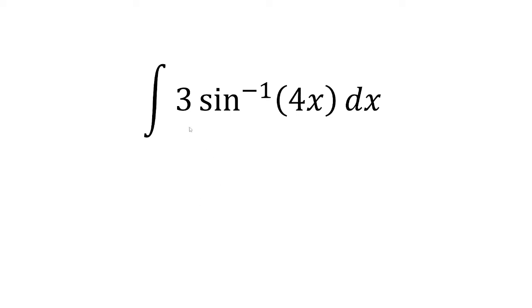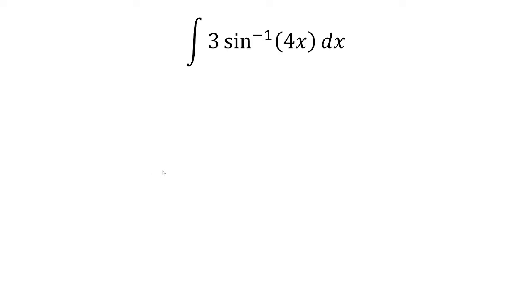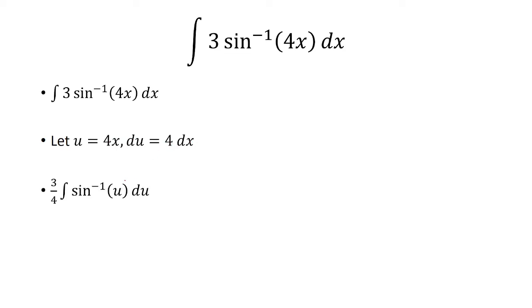In this video, we want to integrate 3 times inverse sine of 4x dx. Let's first make a u substitution, eliminate the 4x. We'll let u equal 4x, so du is equal to 4 dx. So we're going to divide both sides by 4, and we have 3/4 now, times the integral inverse sine of